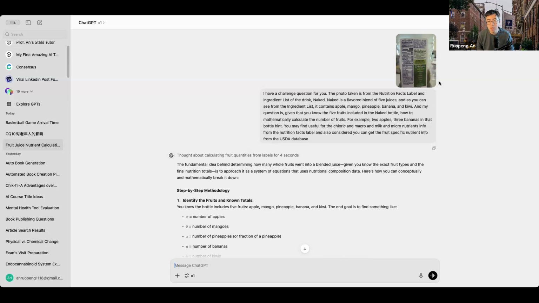So this is definitely a very complex problem because the machine needs to first understand the nutrient content of different fruits and vegetables, maybe extracting nutrition data from the USDA database.